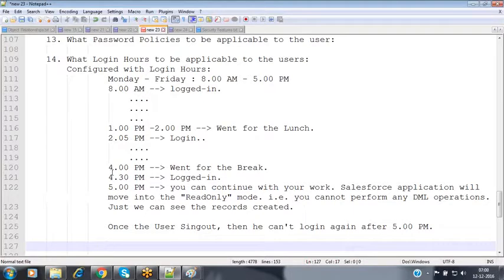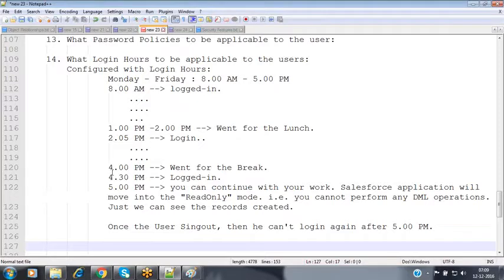You can continue with your work, but the application will be in read-only mode because the specified login hours are over. You can access the records and generate the reports as well, but you cannot perform any DML operations. You cannot insert, modify, or delete any records inside that. Once you have signed out, you cannot log in again to Salesforce because the time is already over.